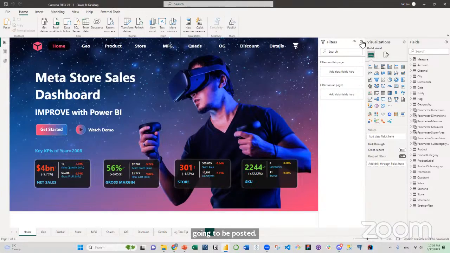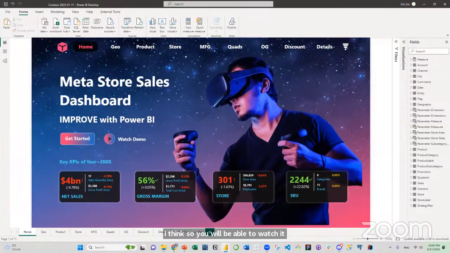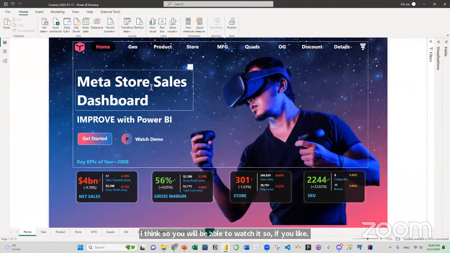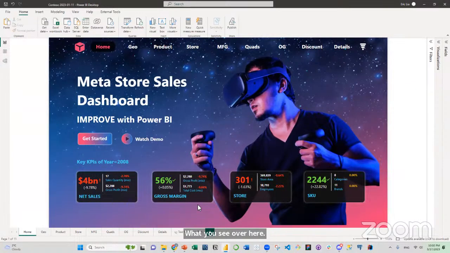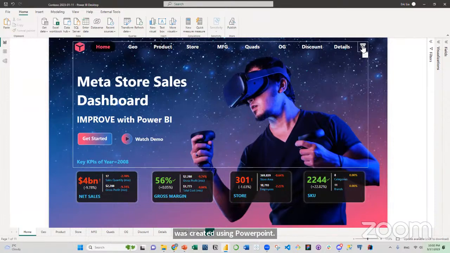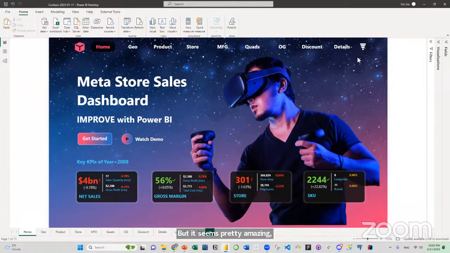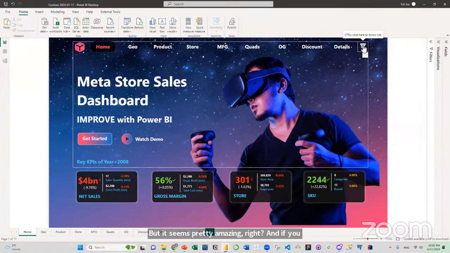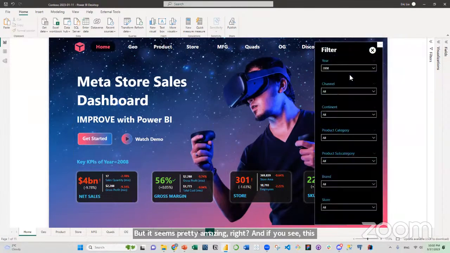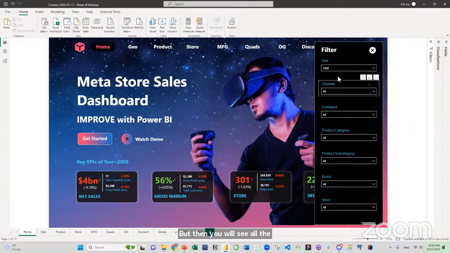So if you like what you see over here, and this is all Power BI, right? And there's no secret, the background was created using PowerPoint, but it's pretty amazing, right? And you see, this almost looks like an app. If you click this button, you will see all the filters hidden. And if you click any filter,